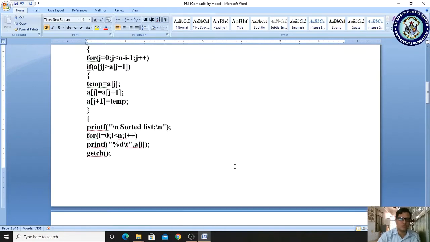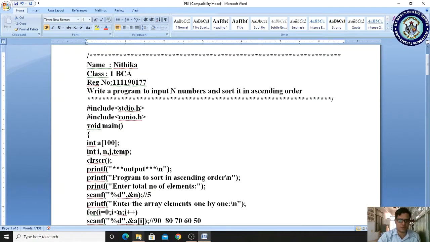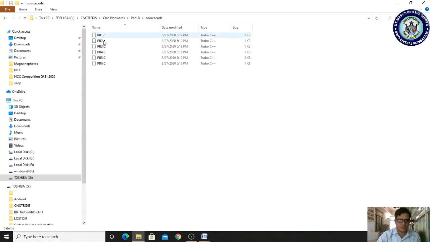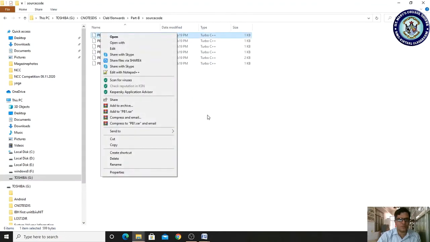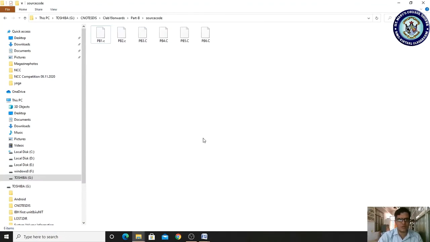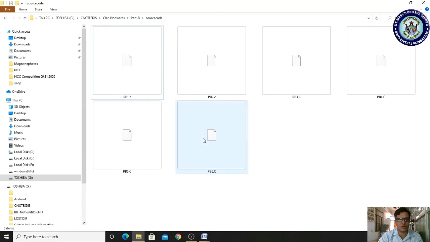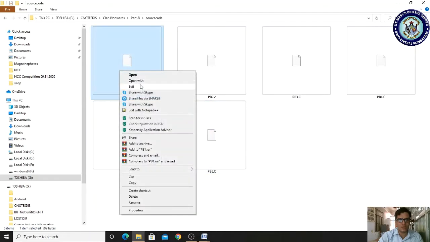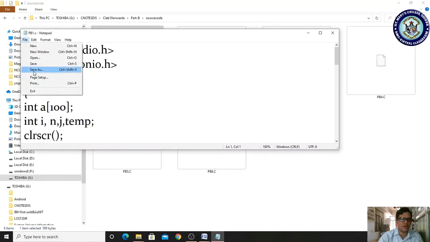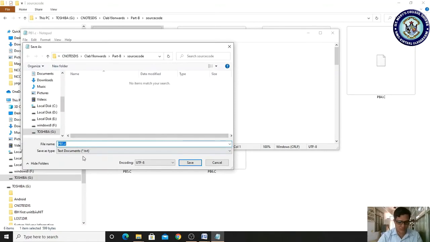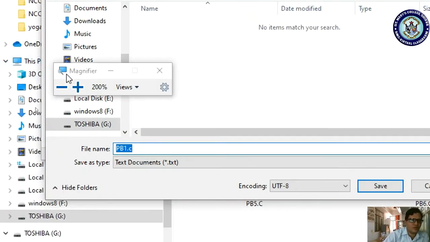Okay, yes. Let us check whether it is working or not. I am having pb1.c. I am editing this and I am doing save as. Where to save it? We have to be familiar with where we have to store.